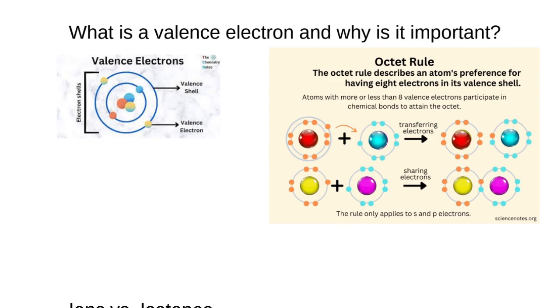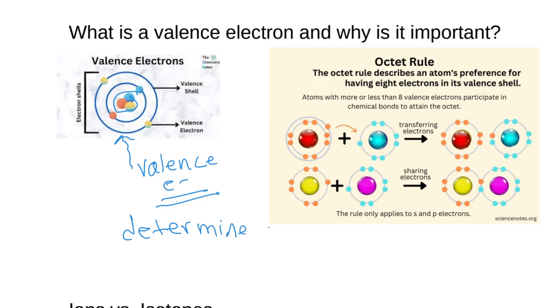So if you remember, I talked about how your electrons are found outside of the nucleus. So here's the nucleus, and then you have these energy shells outside. This is where the electrons are found. So the outermost shell is called the valence shell. And in that valence shell are the valence electrons. Now, these are important because the valence electrons are what determine